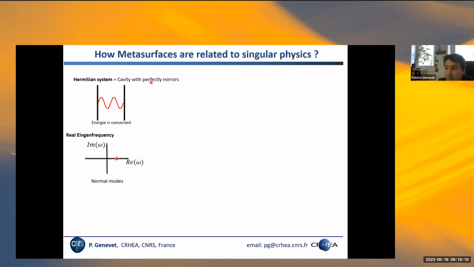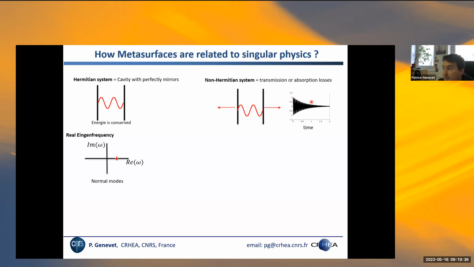Nanophotonic systems, but optical systems in general, are called non-Hermitian because they interact with their environment with transmission or even absorption loss. So instead of having real eigenfrequencies, the presence of losses here is such that the light inside the resonator decays in time. And so the only way you can characterize the resonance of this system is by considering complex eigenfrequency, where the imaginary part describes the decay in time, right? And that brings to the concept of what people call the quasi-normal modes that eventually describe the non-Hermiticity of those resonances.